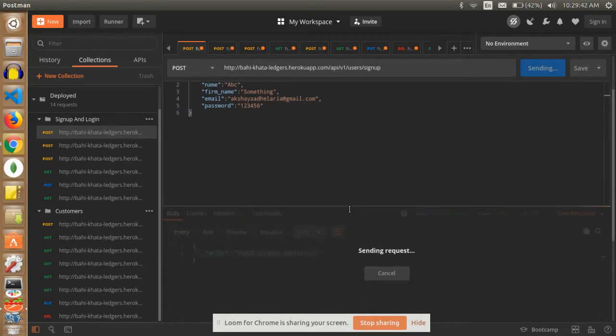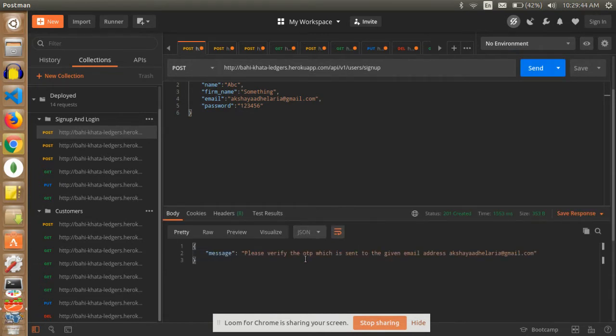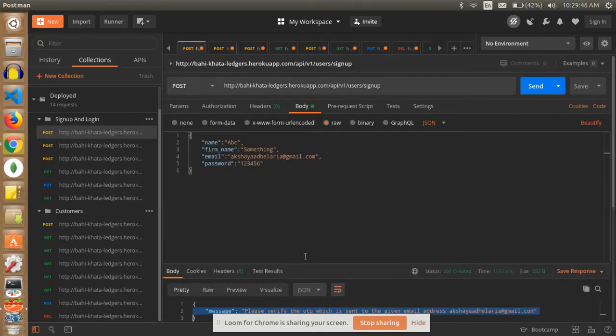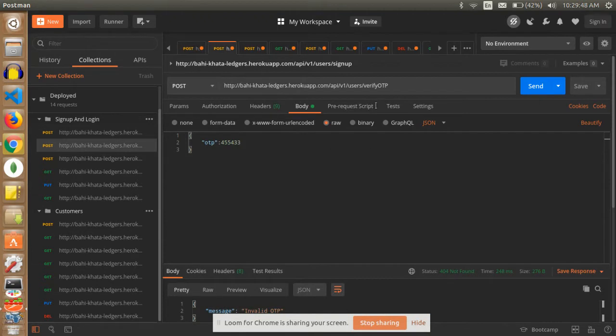it will say please verify the OTP which is sent to the given email address. The user will be redirected to the OTP page. Here he has to submit the OTP which is sent to the email address given during the sign up process.